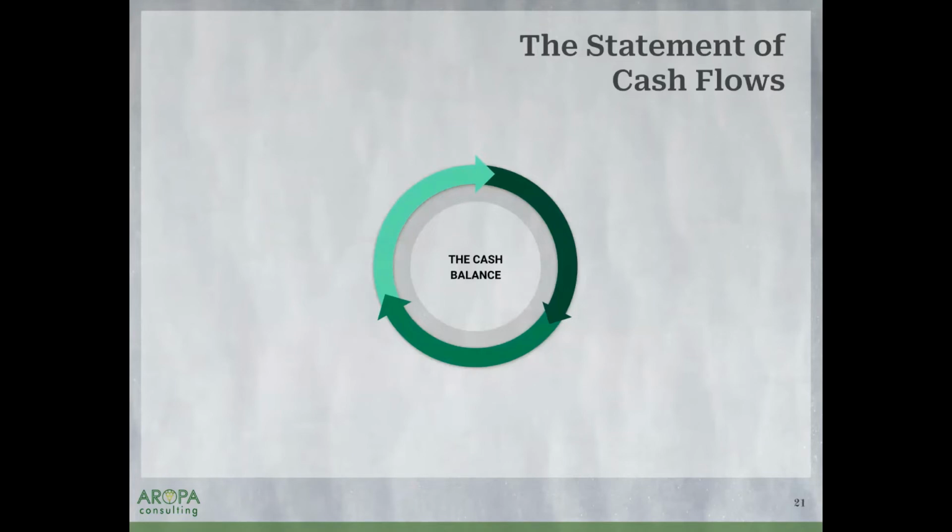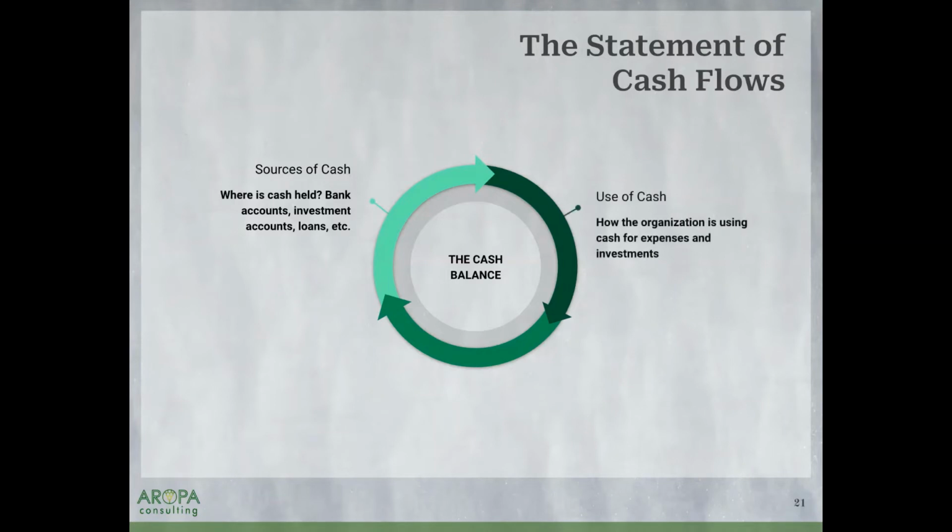Our statement of cash flow, again, remember that this is a very typical report that exists in both a for-profit and nonprofit context. So if you're using an accounting system, this will be put together for you instantly. It is the movement of cash in and out. That's all you have to think about. And it's broken up into three sections. Our sources of cash, right? So where is our cash held? Bank accounts, investments, etc. How are we using the cash? So this is our outflow, right? We spent money on expenses or investments, and then the overall change in your cash balance.